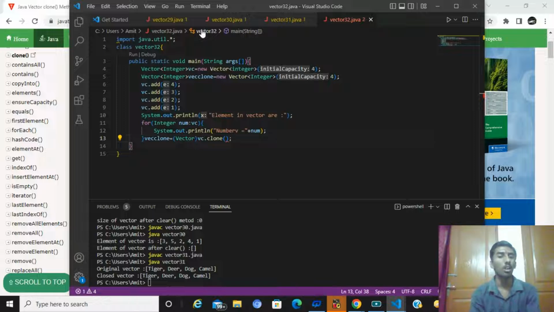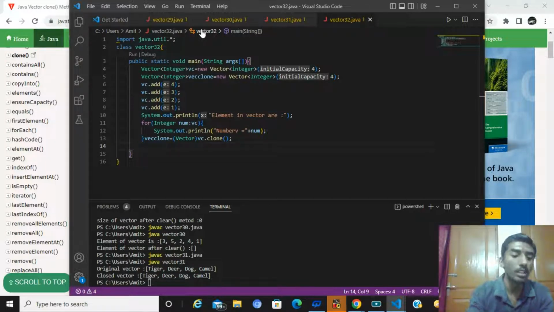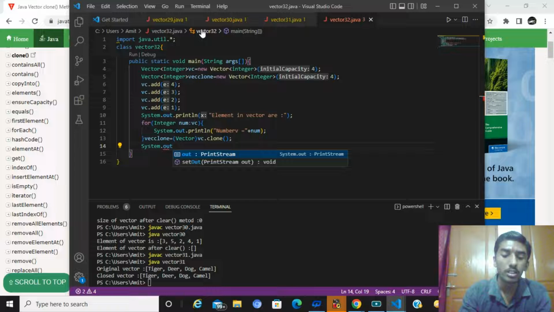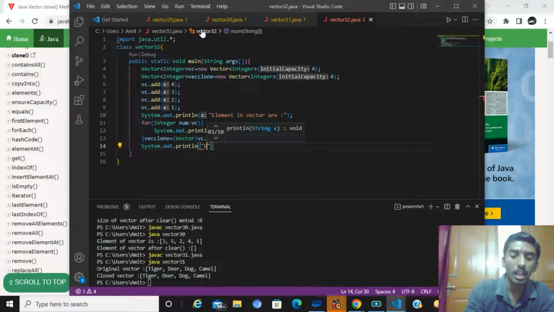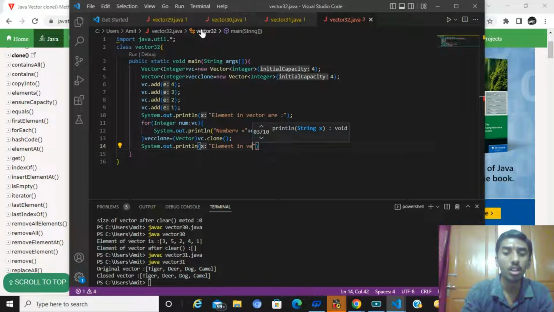After completing this, what do you have to write? You have to print your vector clone method. So we write a print statement, System with capital S, while printing your vector clone method: System.out.println("Elements in vector vecClone");